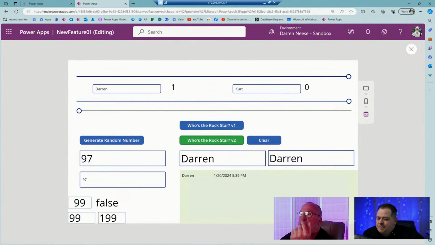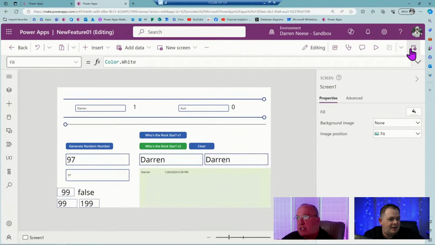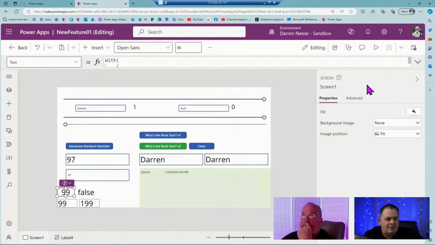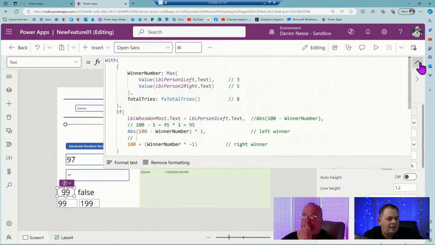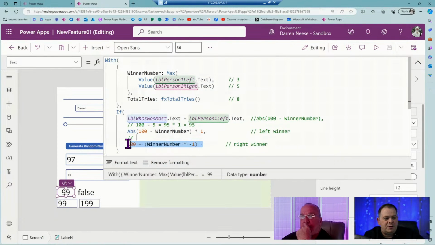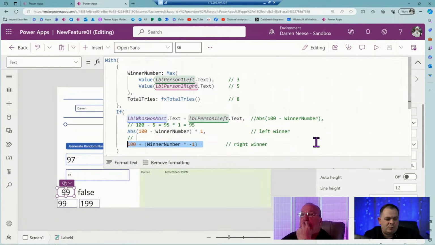I want to continue what I'm doing here. I want to find out why is it not going to the left side? Why is it not showing? It's showing that Kurt's winning here. So why is that? So it says false here. That means we're still over here in the false part. It should be on the true there, shouldn't it?